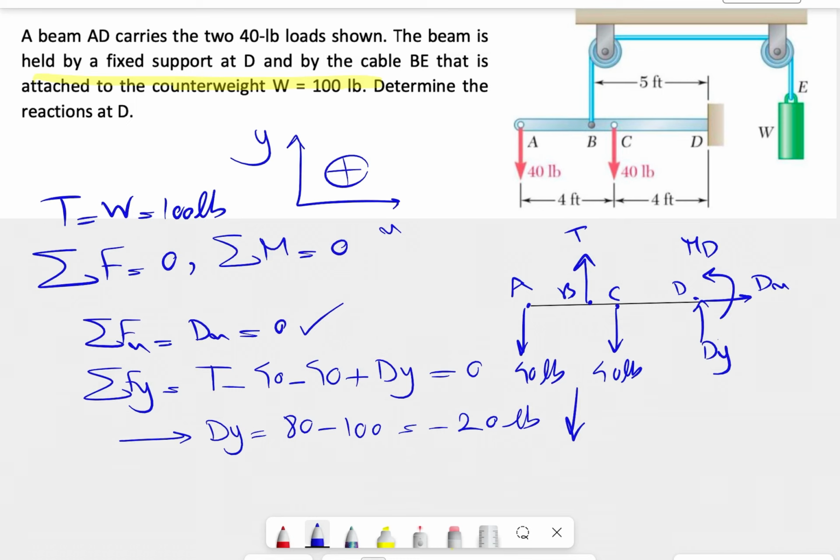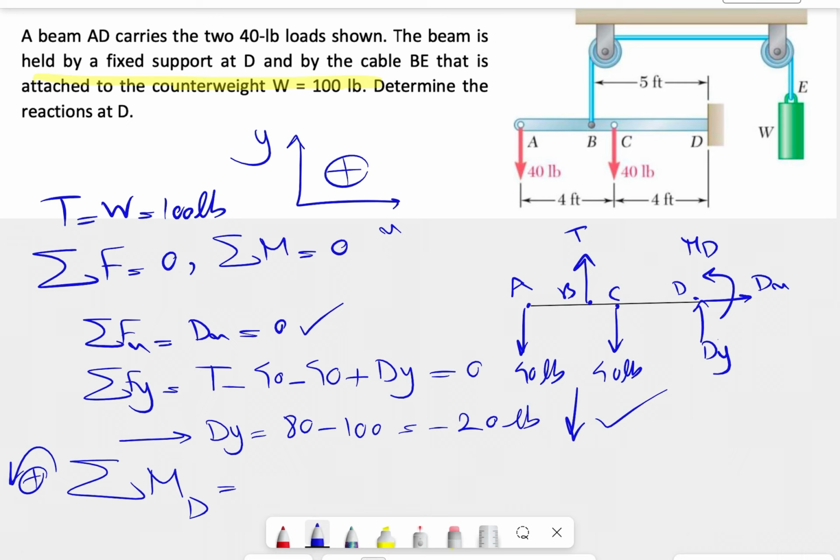So we found the second unknown at point D, and the only thing that's left is the moment about point D. We need to find a moment about a point to find the last unknown. The easiest one would be D, since we have all the unknowns at point D, but now that we started with the F equations, it really doesn't matter. Let's just go with point D for the moment,